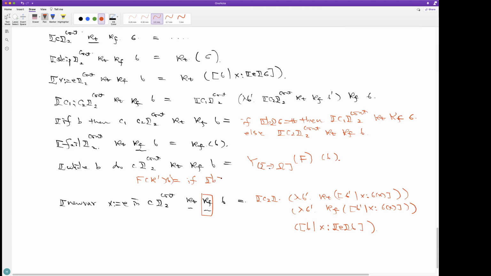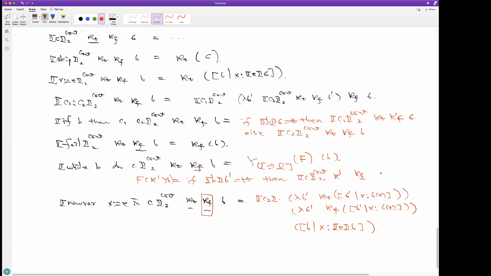If the loop condition is true, we run the body of the loop under this continuation semantics, and then we provide the failed continuation, which is the same as the input one, not changed, but then the normal case continuation is replaced by kappa prime, and that's exactly what we did before.